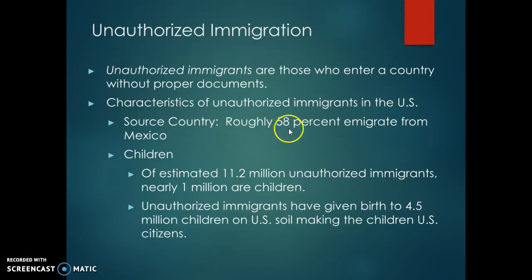But roughly 58% emigrate from Mexico. Okay, a lot of children coming from other countries. About 1 million are children just kind of crossing the border. However, unauthorized immigrants give birth to about 4.5 million children on U.S. soil. Now, this brings up the issue: